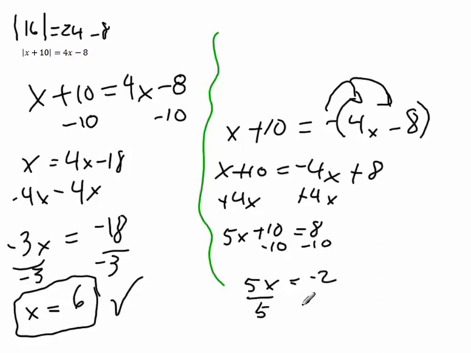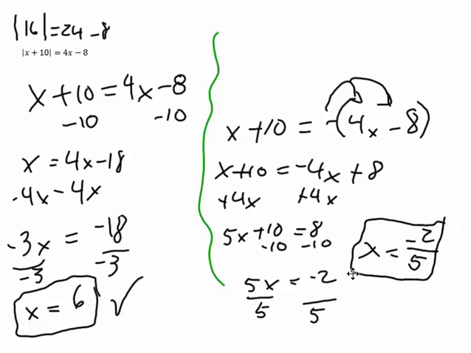And dividing by 5, I get x. My answer is going to leave me with x equals negative 2 fifths. Now let's check our work. I'm going to plug negative 2 fifths into both sides. So, everywhere I see an x, where I see my x here and here, I'm going to plug negative 2 fifths. So I'll have the absolute value of negative 2